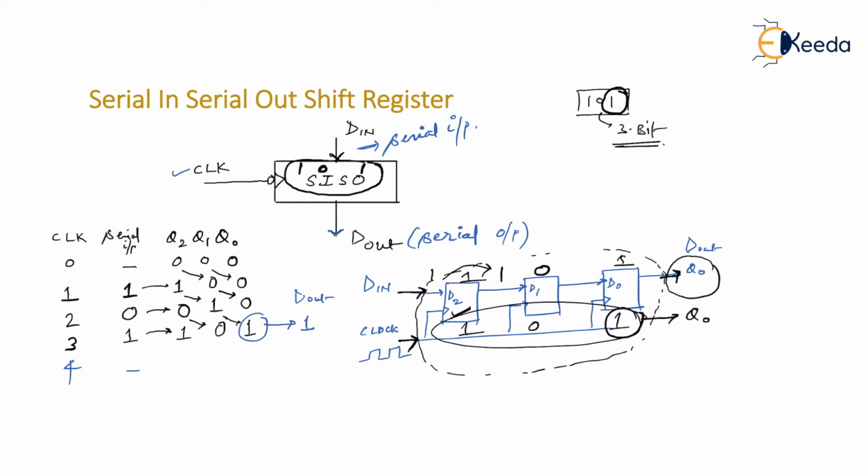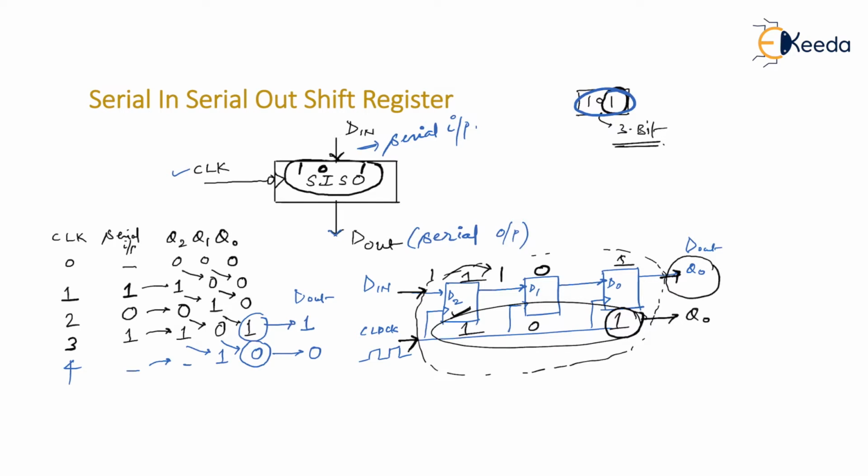Whatever is present on serial input gets transferred to Q2, but we have nothing to do with that. This 1 gets shifted here, this 0 gets shifted here. Please understand, now on Q0 what is available is 0. So it is our part of data. So 10 is available. Please don't forget that our data is 101, out of which 10 we have received, that is 2 bits are received, one more bit is yet to receive.